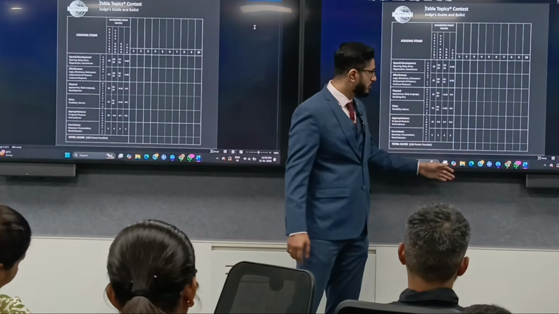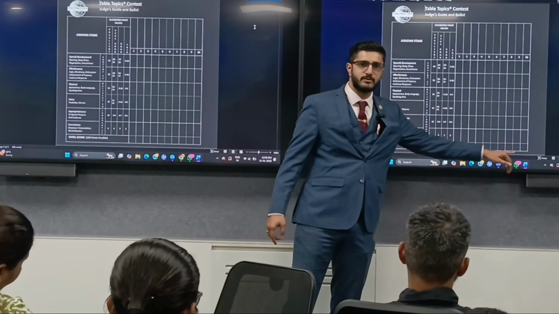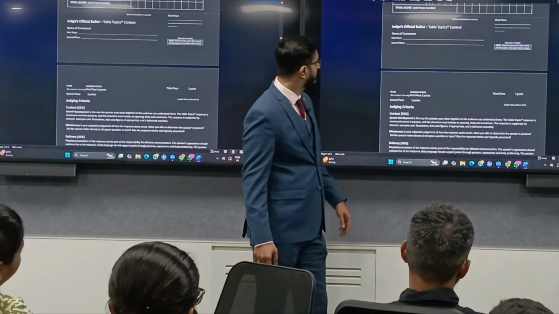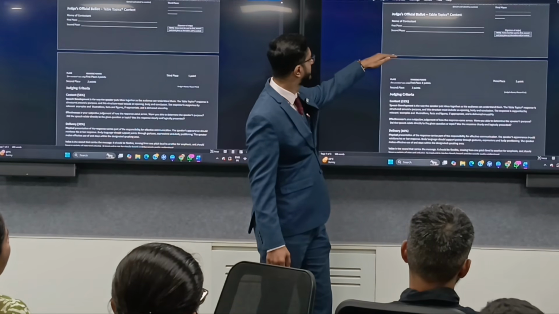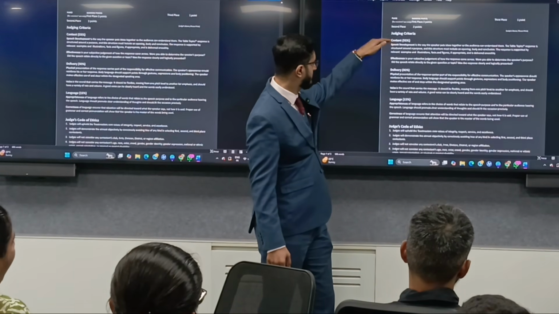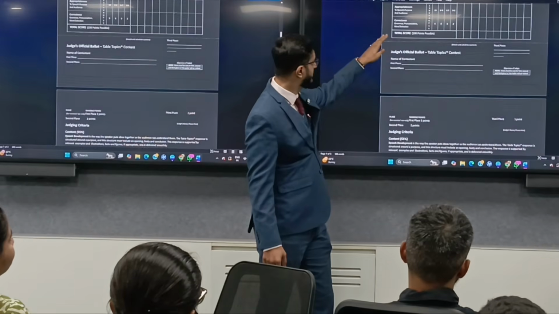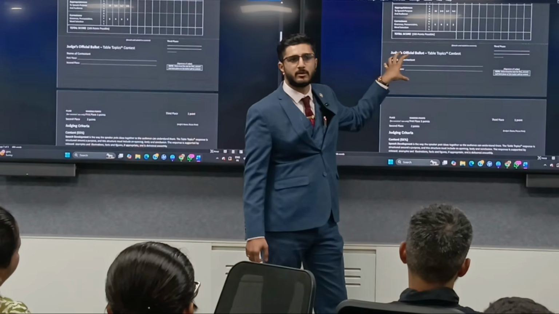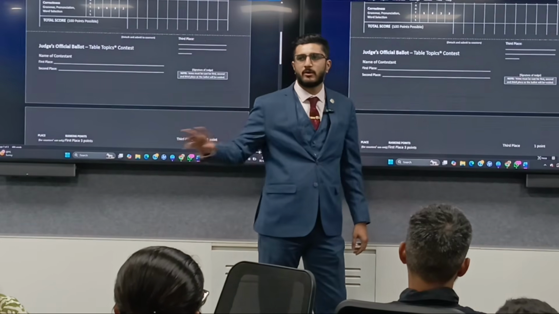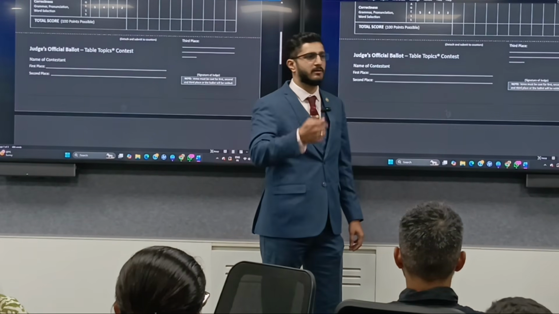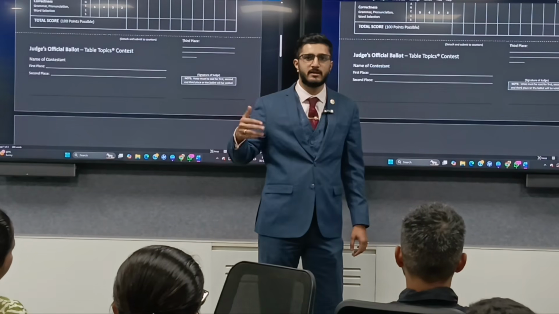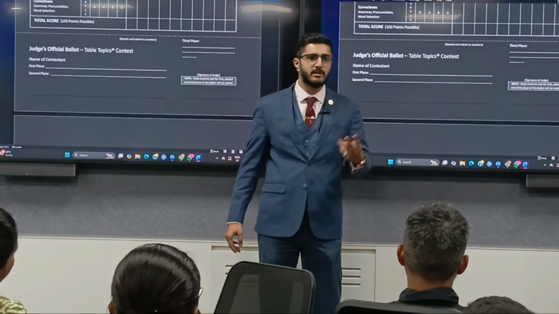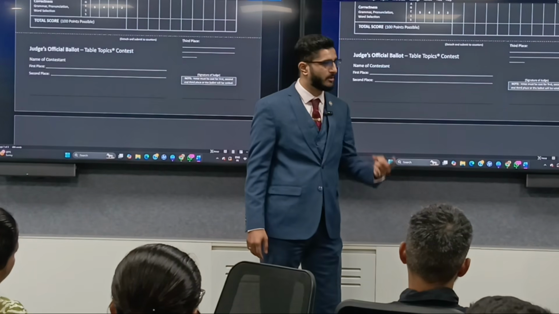And once all of the totaling is done, the judges will have their own scores. The judges will only give this piece of paper to the ballot counters, so they don't care how many marks who scored. Eventually, whatever is their top 3, A, B, C, that is the only thing which they will share with the tally counters. First place gets 3 points, second place gets 2 points, third place gets 1 point.